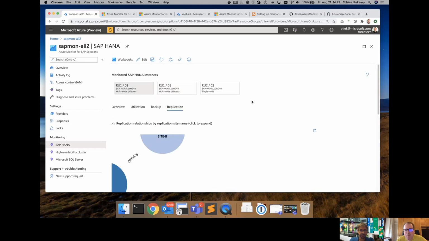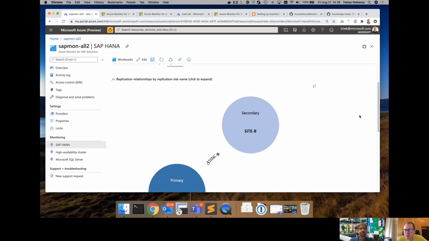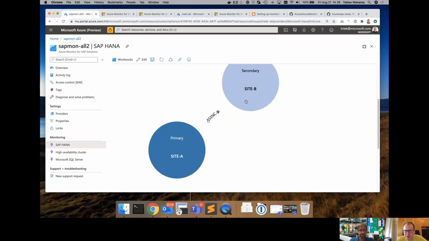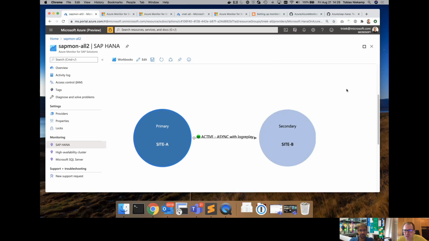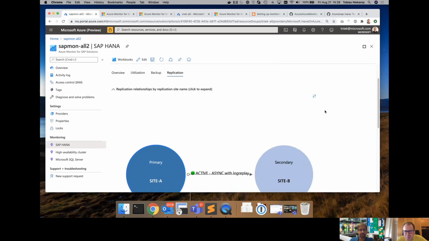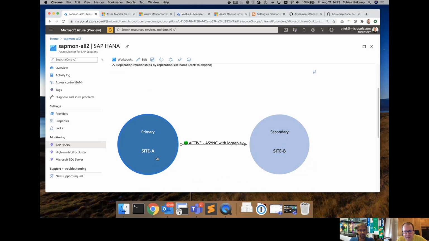We built some simple visualization on top of it. Actually, this one's kind of cool. It shows you the current replication status of my HSR landscape. So I see, okay, it's replicating here from site A to site B. Currently, it's active.